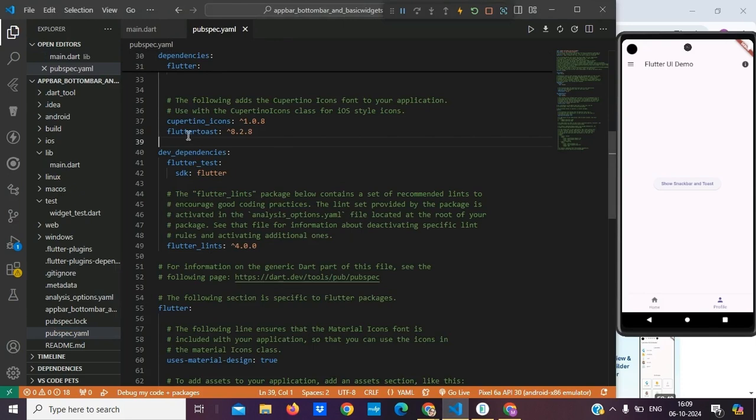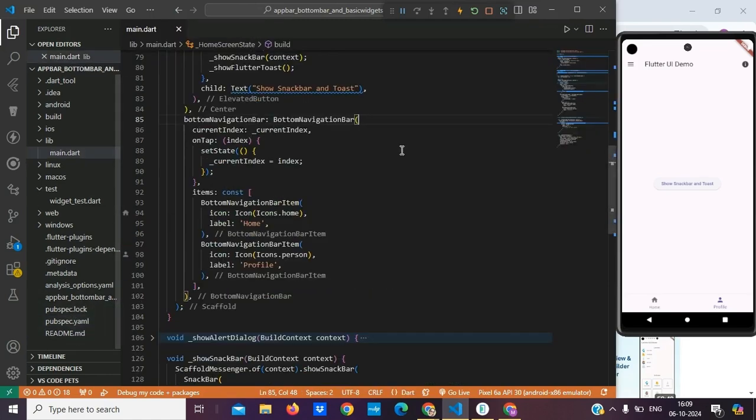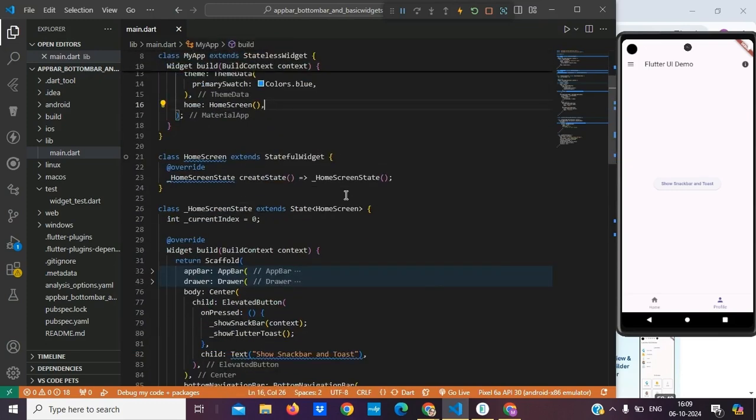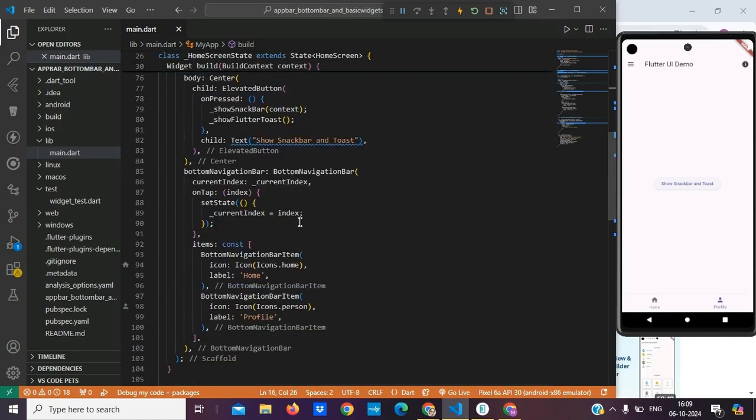You can see this is the latest version. You can add whatever the latest version is. After adding it to pubspec.yml, you just have to import this file into your application. And after that,